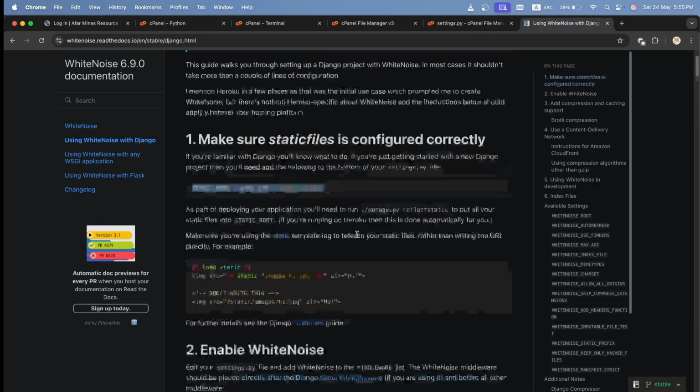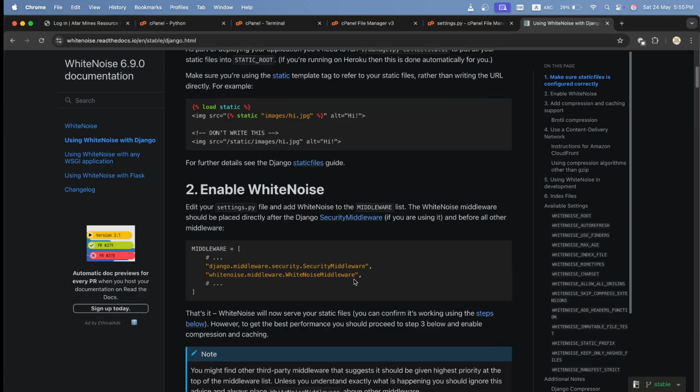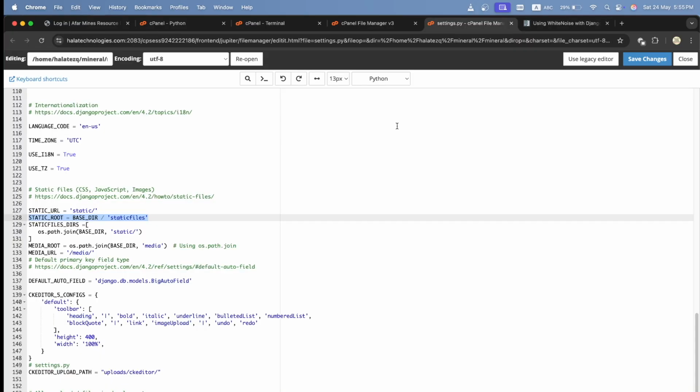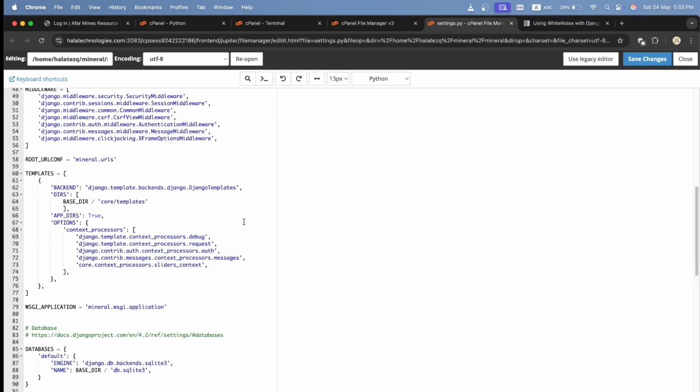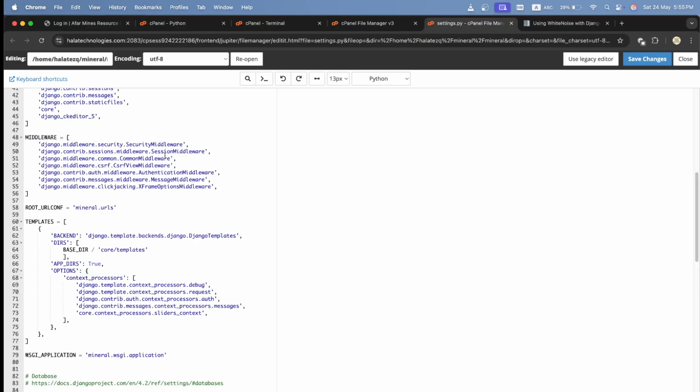Then I will copy the WhiteNoise middleware and place it below the security middleware. I will go to the Django settings and place this. As you see, this is the security middleware, and I will paste my WhiteNoise here.